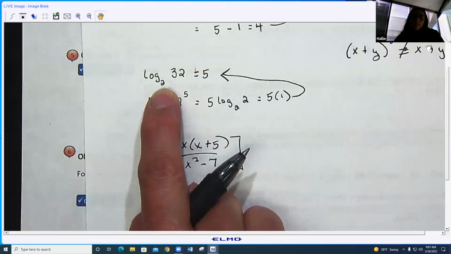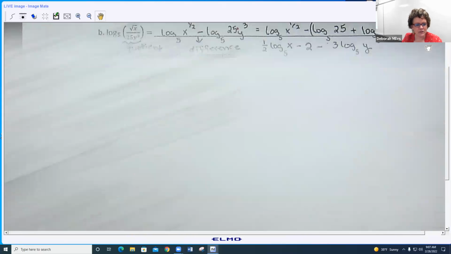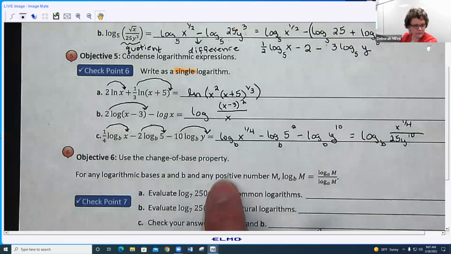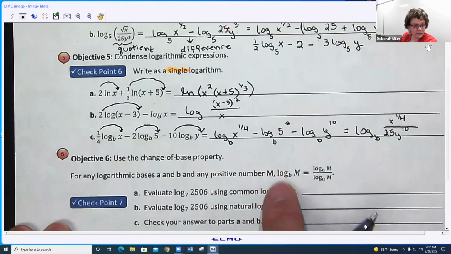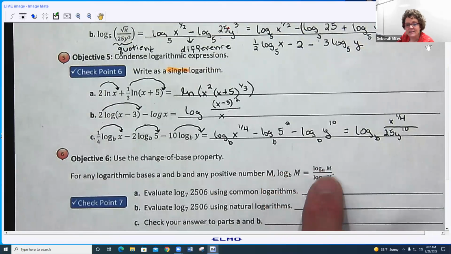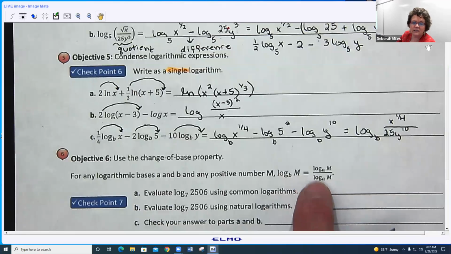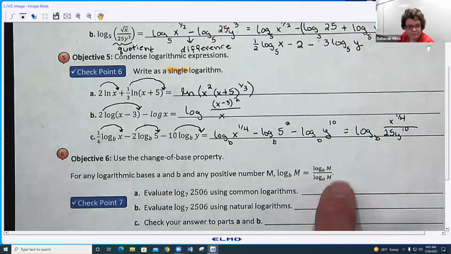And we don't have a button that'll do log base 2. That's where the change of base property comes in handy. The change of base property lets you change log base anything to one of the two bases that you do have buttons for on your calculator. You can change log base B of M to log base anything else of M divided by log base anything of